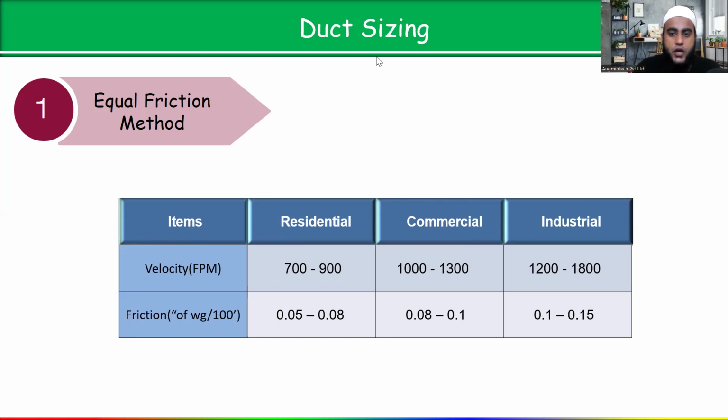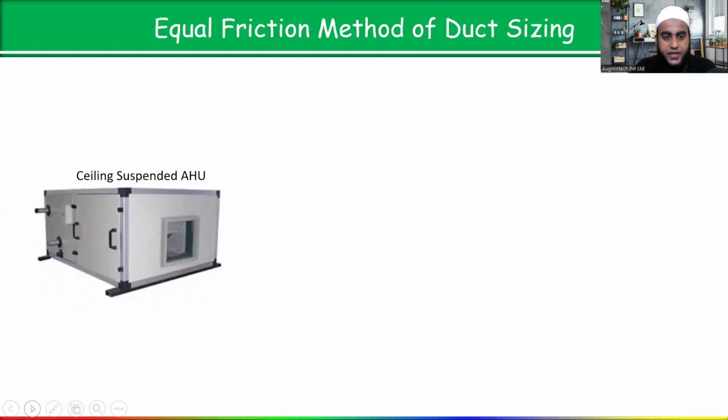Okay. So now I will take one example, so you will easily understand how we have to do duct sizing by using the equal friction method. Let's see one example. Here I will use the Ductulator duct sizer software. All of you know we have different software. In this example, suppose we have a ceiling suspended AHU and the application is,